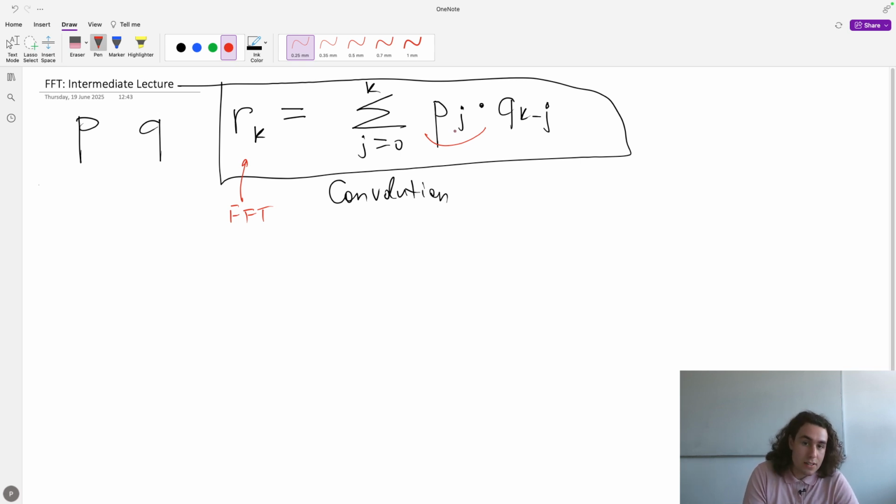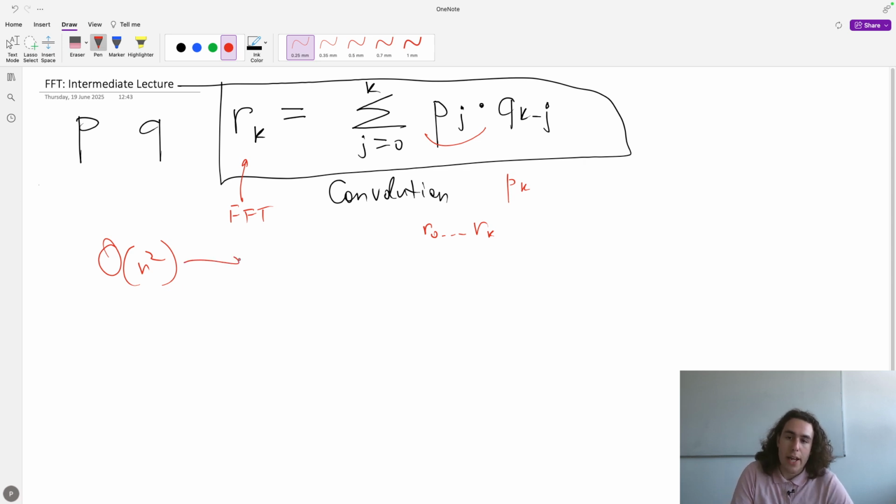And when we're given some value like Pk, we should be able to compute R0 and so on up to Rk already, right? Because R0 to Rk only depend on P0 to Pk. And FFT does it in the offline setting, right? When we're already given both of our sequences, but we're gonna learn how to solve this problem not much slower when P's are given one by one. And after we're given Pk, we already know Rk. But first, we have to solve this problem just in general. The stupid solution is going to work in time O of n squared, just go through all pairs, and we want to solve this problem in O of n log n time,